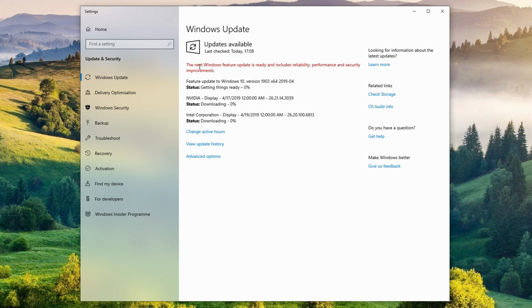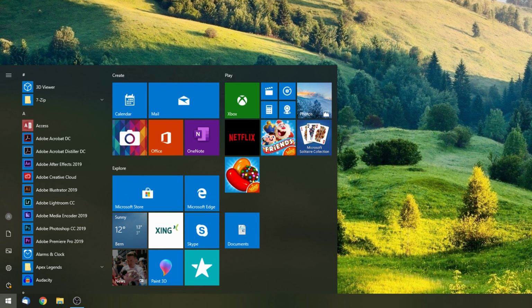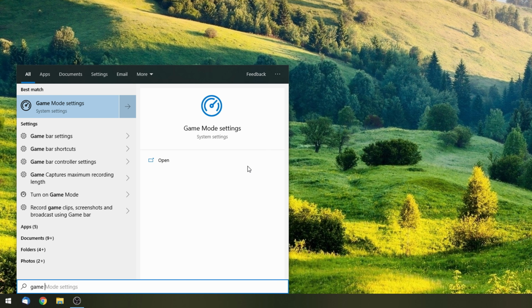Now, after a quick restart, you should be able to get the Windows version 1903 when you go to Windows Updates. Now, once you're on the Windows version 1903, you need to enable the game mode in order to actually benefit from these fixes to the GPU allocation. In my case, the fixes didn't apply if I didn't enable the game mode, so basically I got the exact same rendering and encoding lag on the new version, but as soon as I enabled the game mode, the rendering